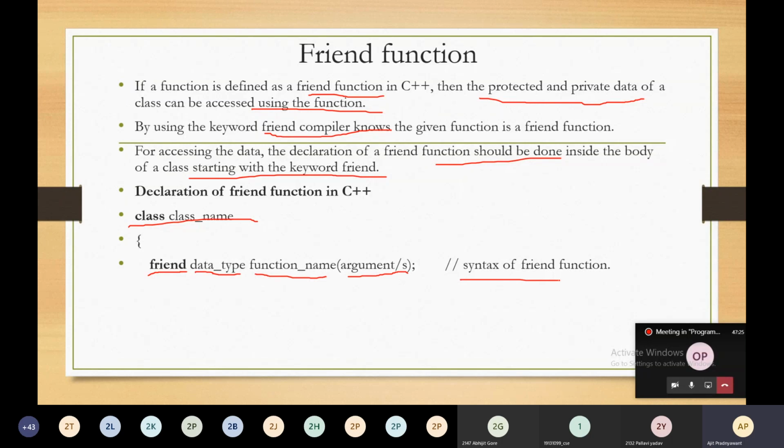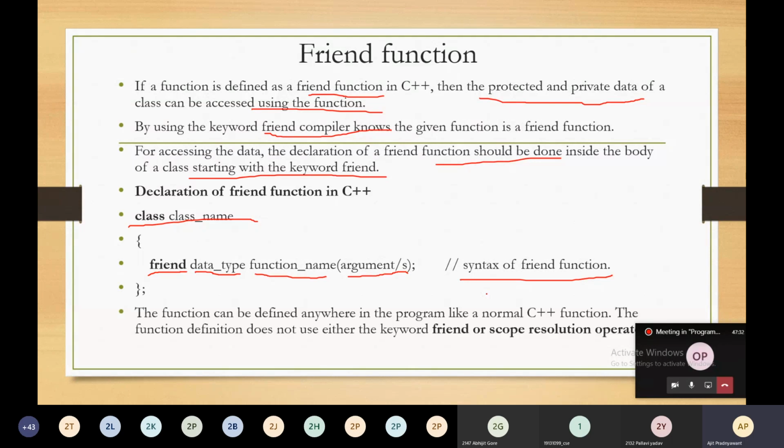So this is the syntax of declaring the friend function. And close the class. So the function can be defined anywhere in the program like a normal C++ function. The function definition does not use either the keyword friend or the scope resolution operator. Okay, it doesn't use the friend keyword or scope when you write the body for this function.